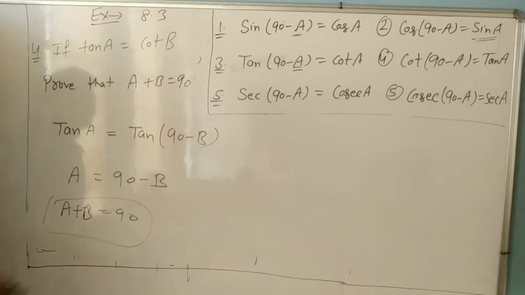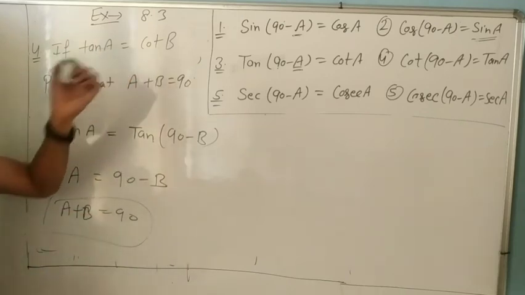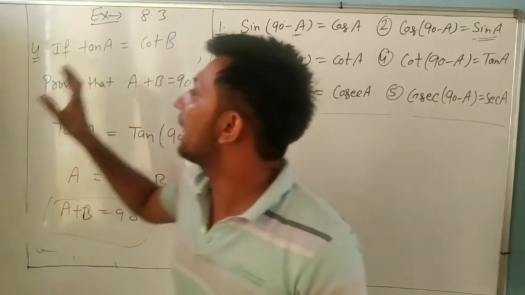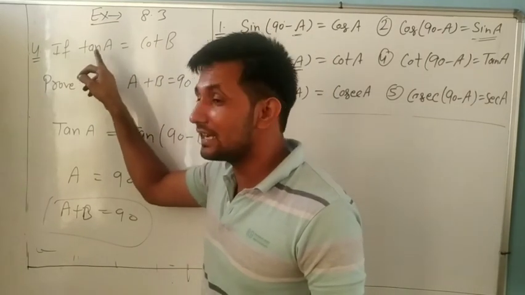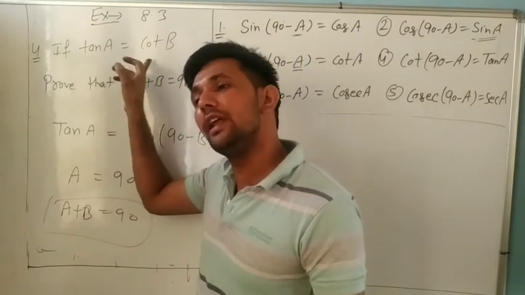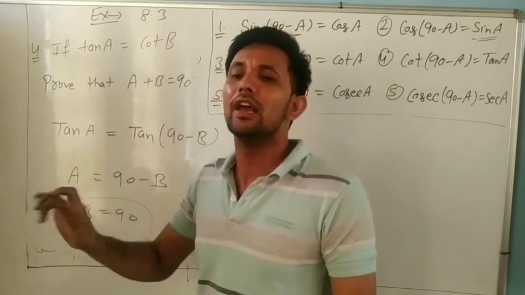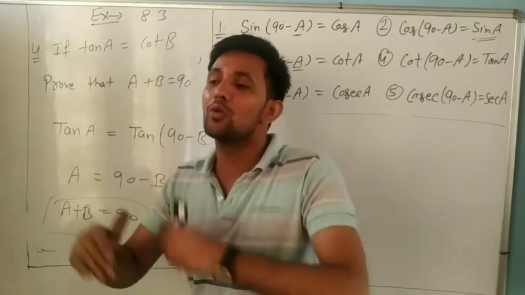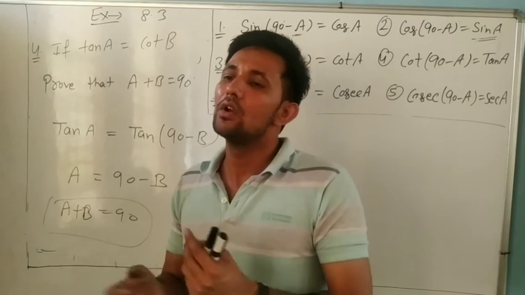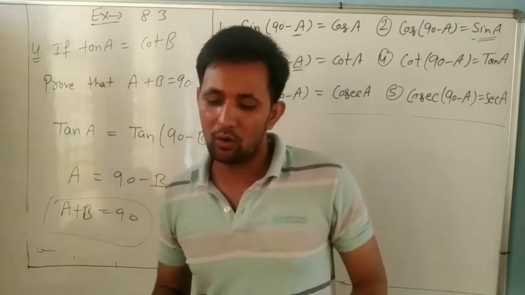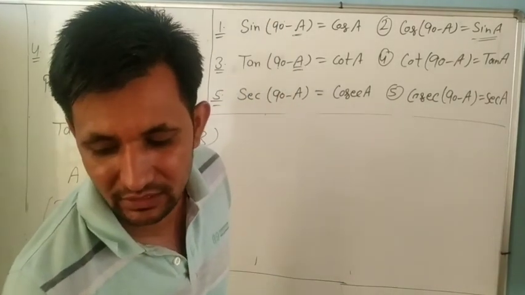Okay dear, nothing is given. We only have to always remember, dear, tan A equal to cot B, we will change both into cot or both into tan. In any question, if sine or cos is given, we will change into sine or cos. Okay dear. So only 2 questions are left of this exercise.